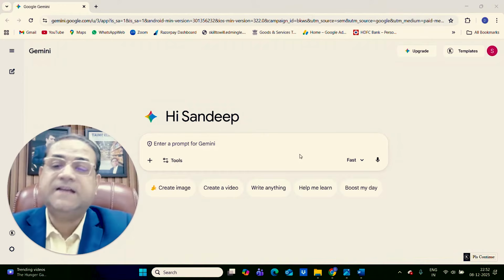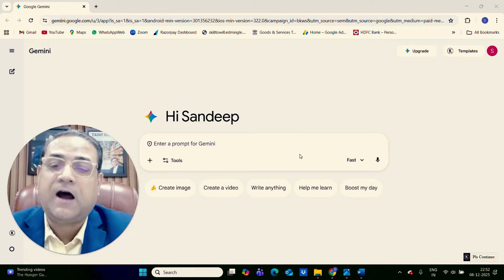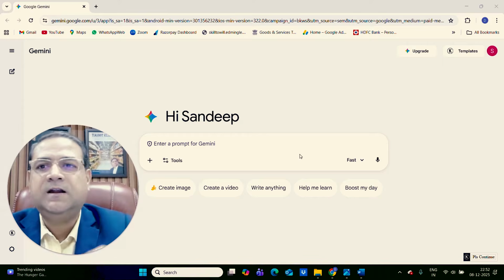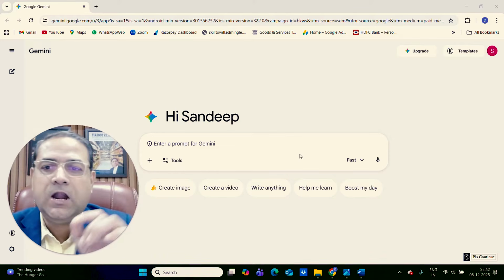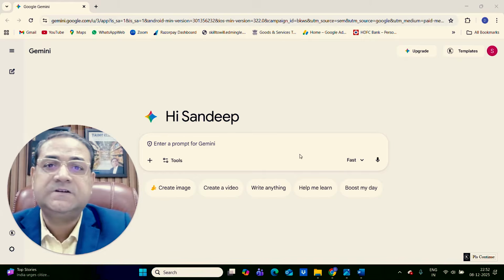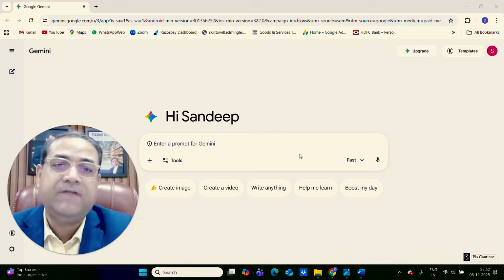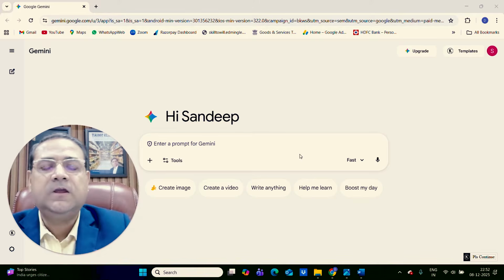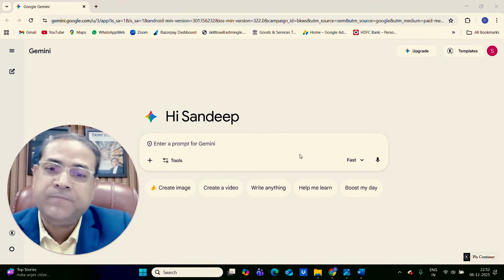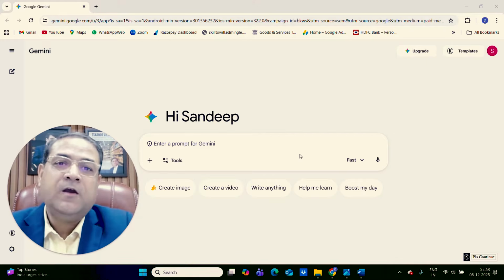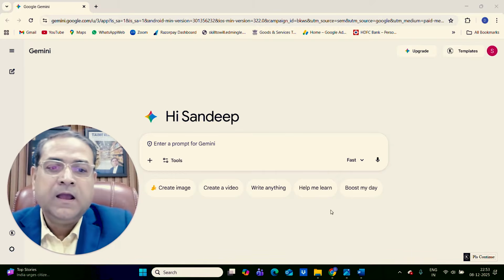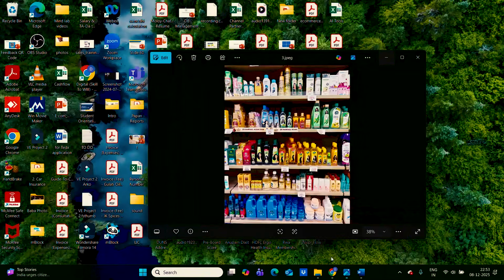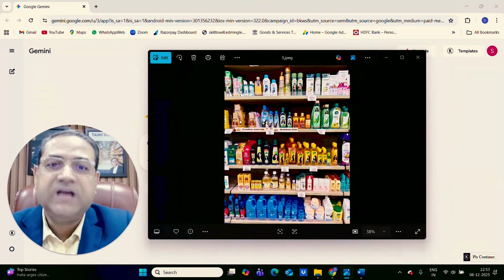You can be a sales officer, an ASM or RSM. This particular thing is going to help you a lot because I have used it personally as a consultant when I went to the market and was able to give valuable inputs to my client. When you are in the market, you can take photographs the way I have taken. See, I have taken these photographs of the shelf.